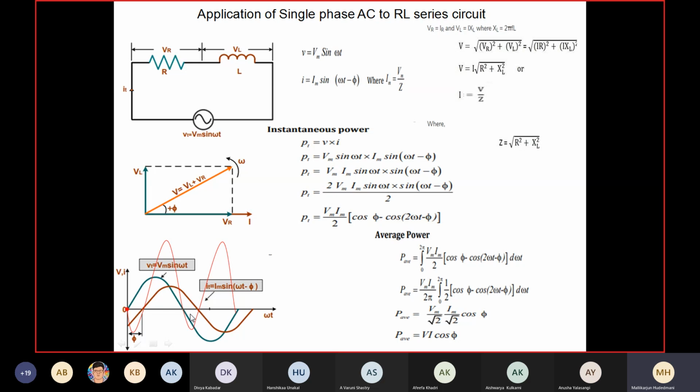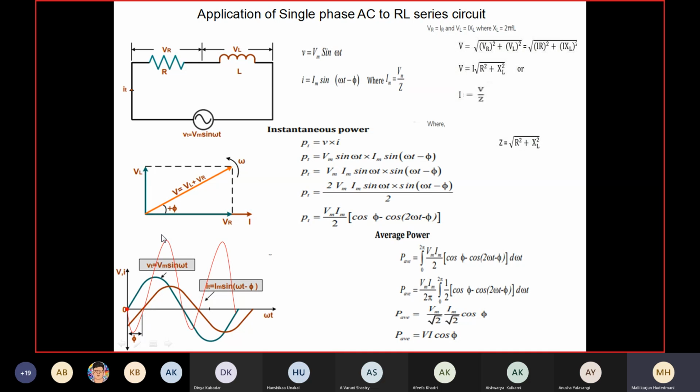These timings represent the product of V and I, both voltage and current. When I take the multiplication, V is positive and I is negative. You can see the thin red line I have drawn here, which shows power in the negative plane, in this time interval. Then from this point to the next half cycle reversal, both voltage and current are in the upper half.